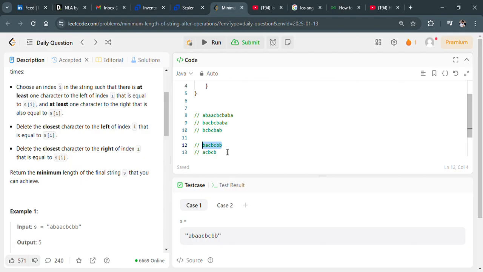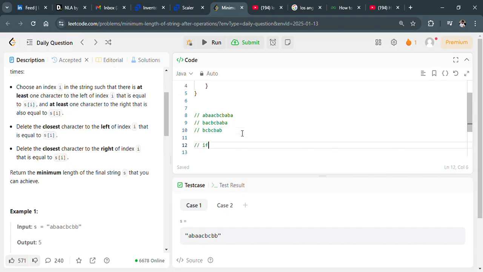if the frequency of any character is 4, then we are getting 2 in the end, 2 remaining characters. And if we have 5 characters or 3 characters, we have only 1 character in the end. Frequency of a particular character will be 1. It means the simple thing is,